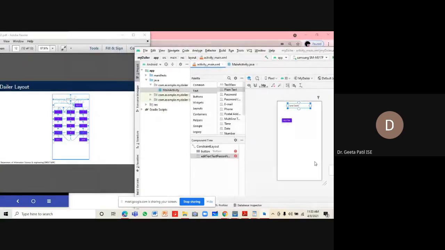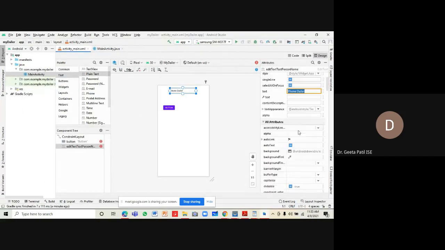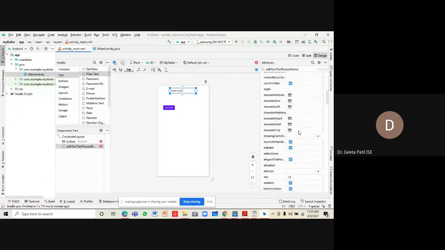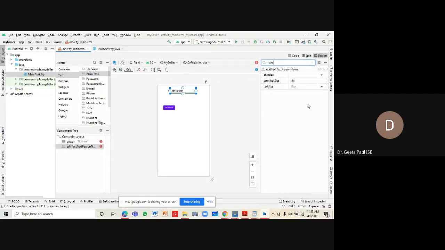Then we will increase the font size of it, take it to 30. Then let's put the constraints: top to the top of the parent. Let us take it down a little bit.